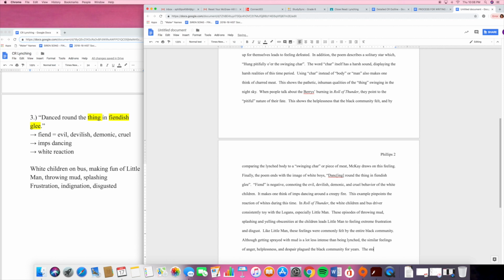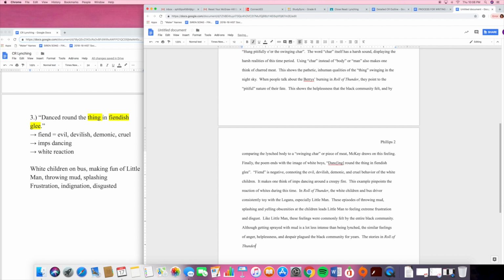Stories in Roll of Thunder, Hear My Cry and the lynching both show these horrific emotions, yet the recording of these horrific scenes and emotions, yet the recording of these